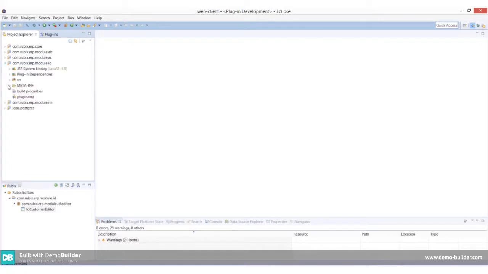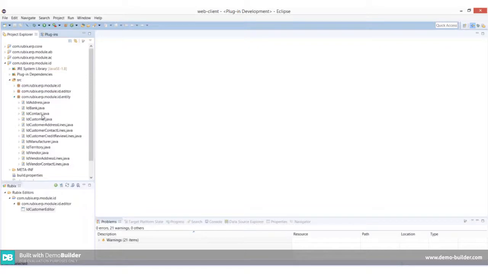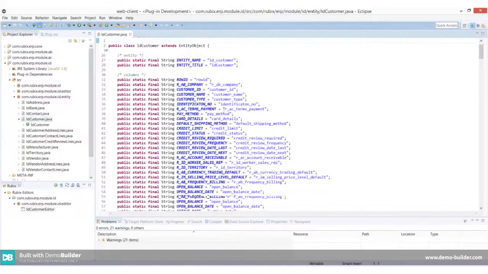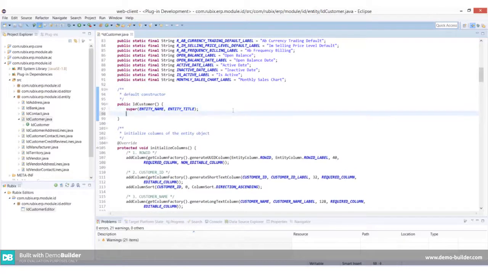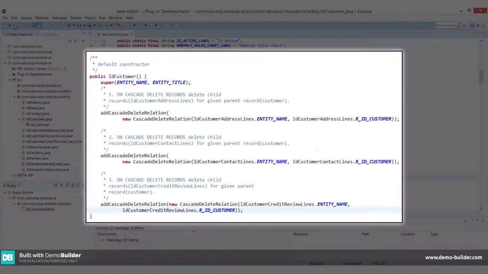Rubix provides a mechanism to register cascade delete type implementations for one-to-many type relations. This will result in deleting all child records referenced by the parent during delete operations. For example, when the selected customer record is being deleted, we force delete child records of address lines, contact lines, and